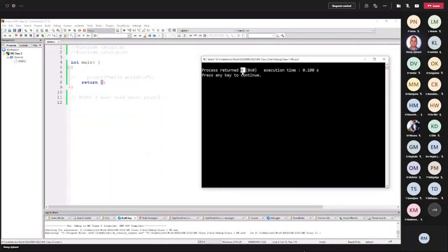The process returned 0. Okay, so in the past, we didn't have graphical outputs. We only had text outputs. So if a program ran and there was some error or it just terminated for some other reason, you didn't necessarily know if it was a good termination or a bad termination.